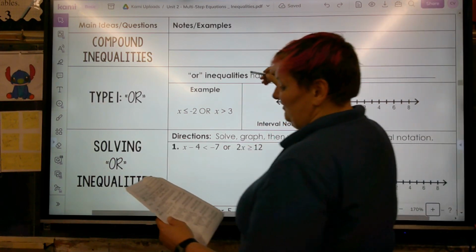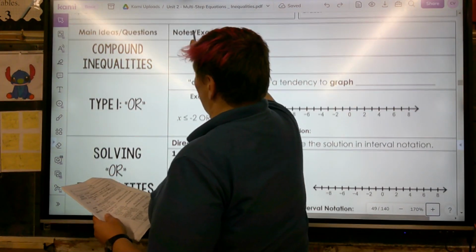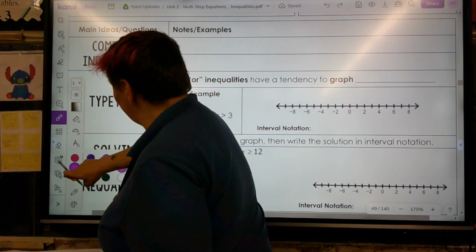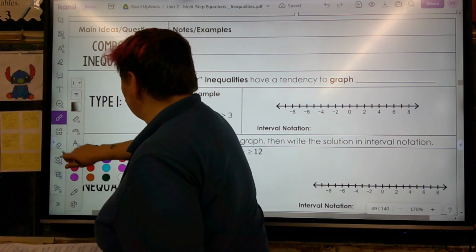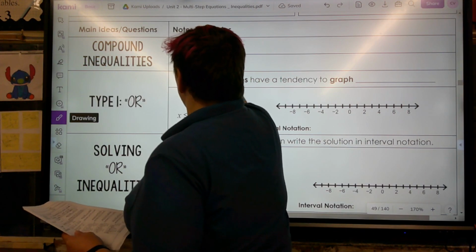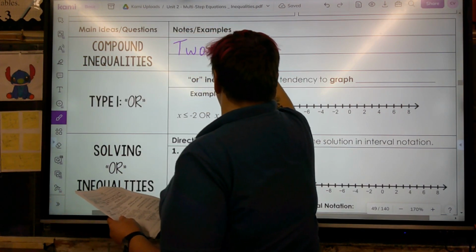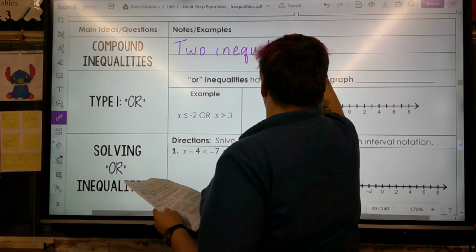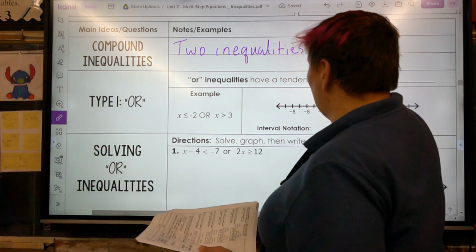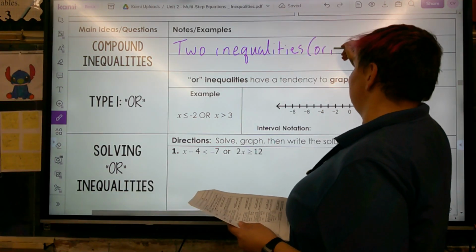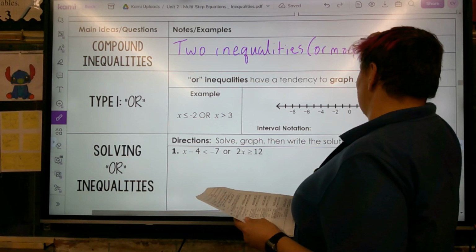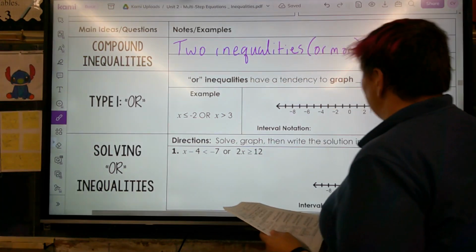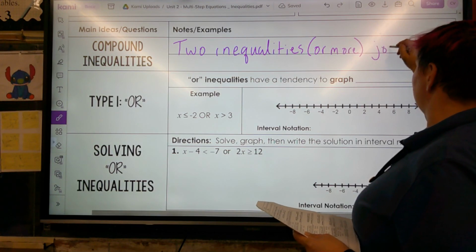So compound inequalities are two inequalities or more, right? But at least two, has to have at least two inequalities joined together